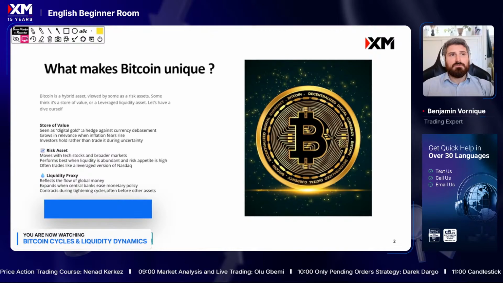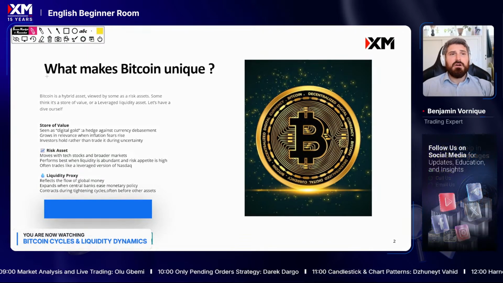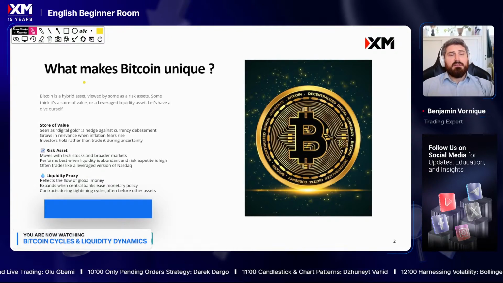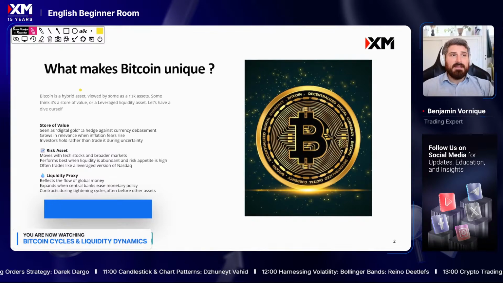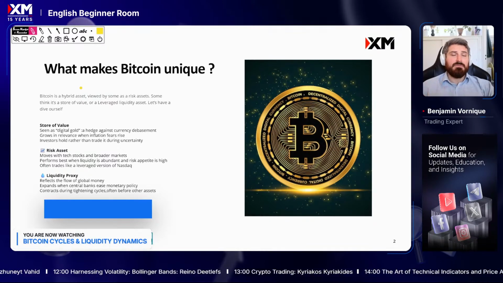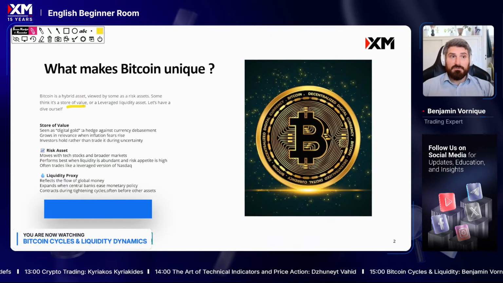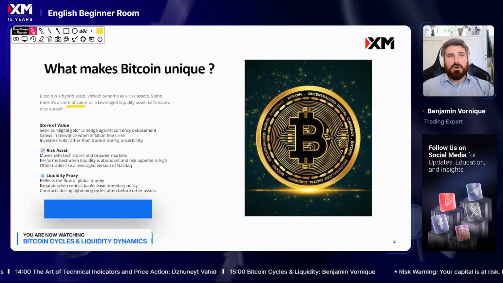So first, we'll talk about Bitcoin and try to understand what makes Bitcoin unique, okay? Because really, Bitcoin is not like the other assets in traditional finance. It's really a hybrid asset because a lot of people see it either as a risk asset, okay? So tech asset, very risky, or some others see it as a store of value, okay, which would have kind of the same properties as gold